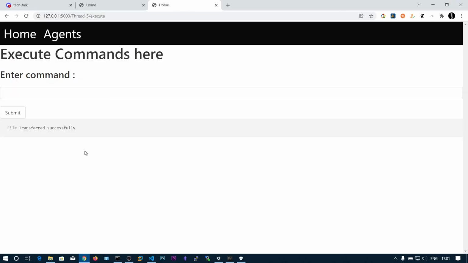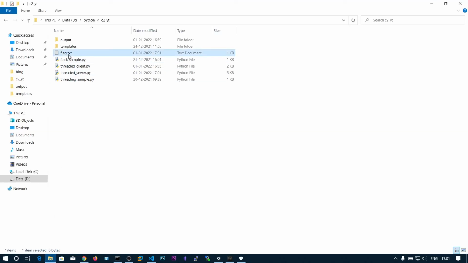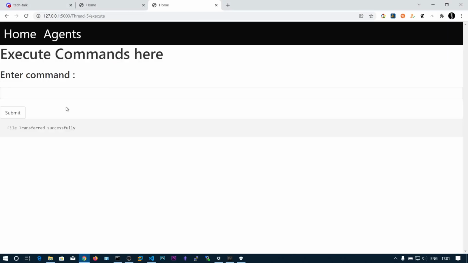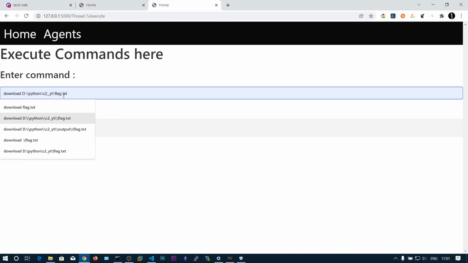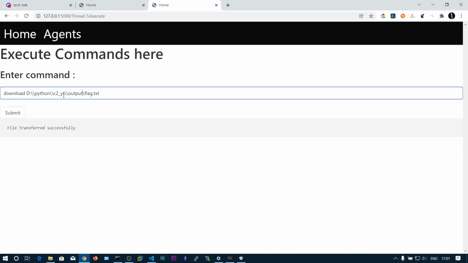Let's also delete this. It's always good practice to include these two backward slashes for Windows systems, if the agent is running on a Windows computer.